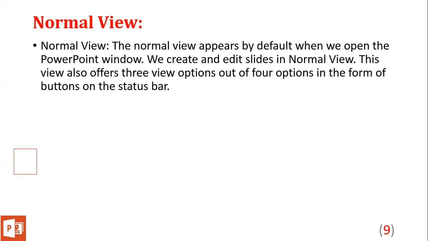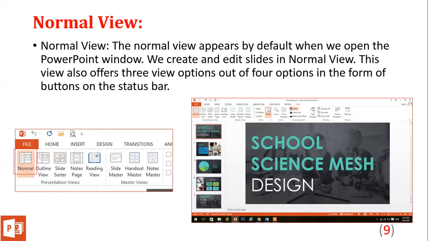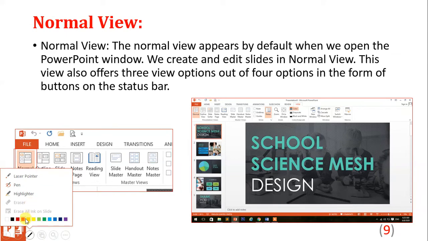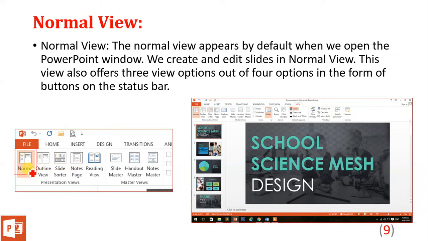Now normal view. The normal view appears by default when we open the PowerPoint window. We create and edit the slides in the normal view. This view also offers 3 view options out of the 4 options in the form of buttons on the status bar. As you can see here, here are the 4 views which are available on the view tab.